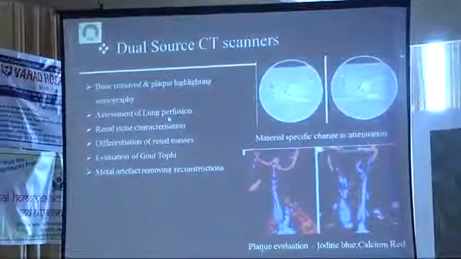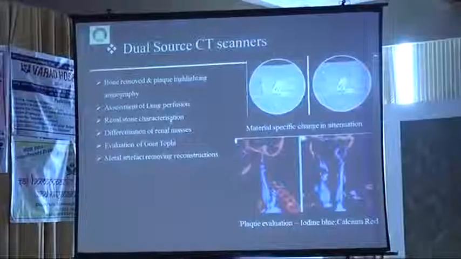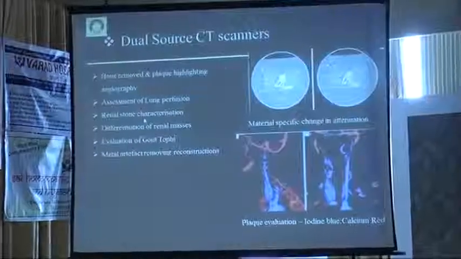Virtual bronchography is useful to look at normal anatomical features and variants, tracheobronchial stenosis, bronchogenic carcinoma, how much it is infiltrating the bronchus, endoluminal lesions, and foreign body can be detected without having to put in a scope. You can do virtual CT guided bronchoscopy. There is a new technique where we use two CT tubes, one with high energy and one with low energy, which allows us to remove the bones and highlight the plaques very accurately to differentiate high-grade plaque from a soft plaque. You can assess the lung perfusion in patients with chronic lung disease. You can characterize the renal stones better and differentiate them from one